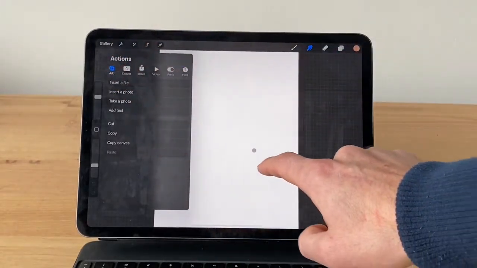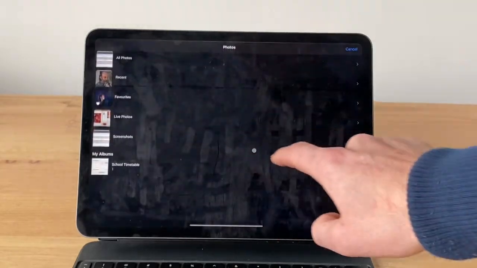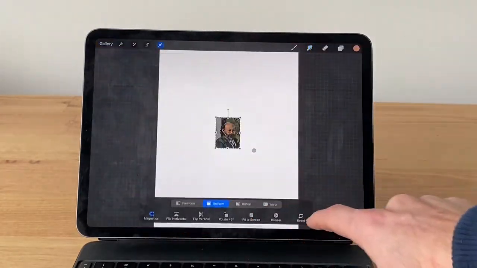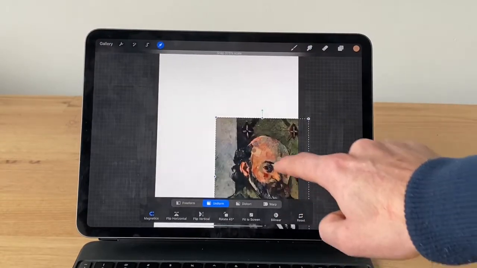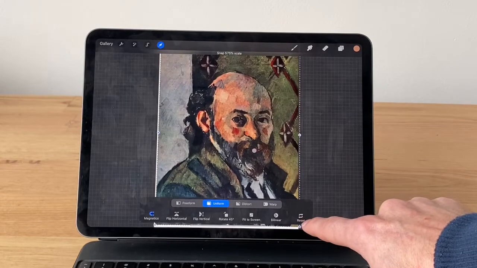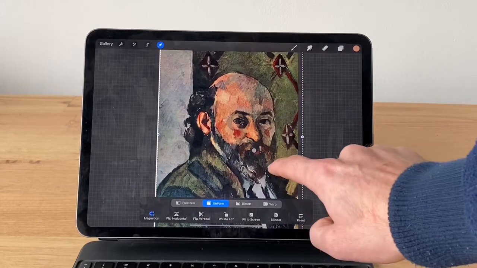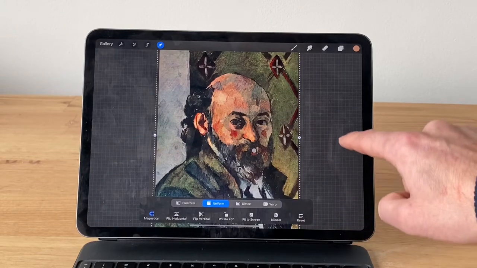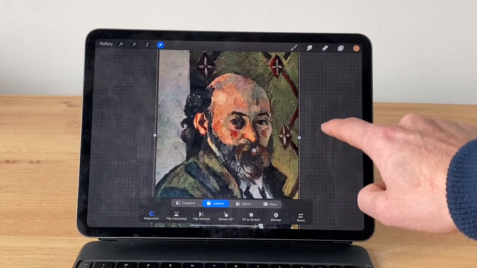Once I've done that, I've clicked add just from clicking on the tools, and I add my photo that I just downloaded from the internet. Just got to resize that photo and make sure it fits the proportions of your canvas. If it doesn't fit the proportions of your canvas, probably just start a new canvas and make sure the proportions